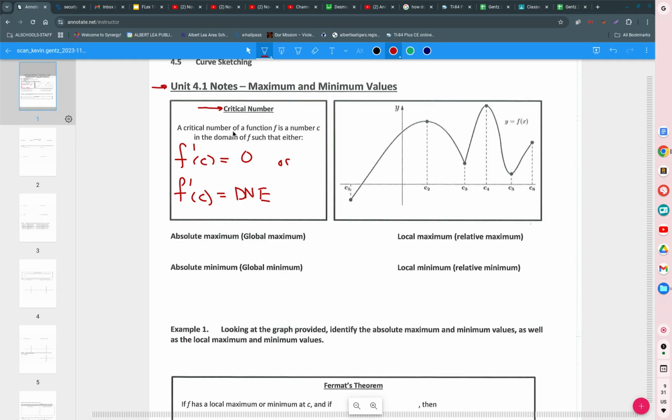We don't waste time here. So we have listed all these critical points here, and we're going to state why they are critical points. Number one, this is an endpoint. And because it's an endpoint, you cannot take the derivative at that spot. So the derivative does not exist at an endpoint. The derivative exists from the right, but it does not exist from the left. Here, this is a critical point because the derivative is equal to